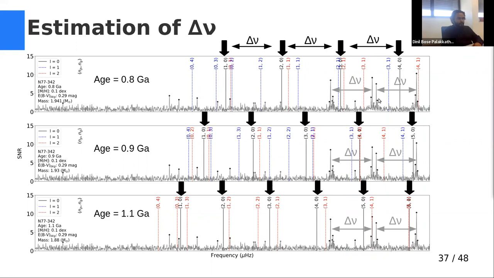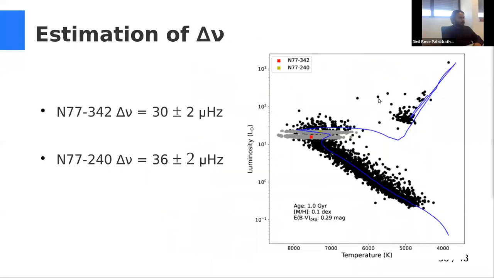Now we found a large frequency separation for two stars. One is N77-342, which has a large frequency separation of 30 microhertz, and N77-240, which has a large frequency separation of 36 microhertz. On the diagram on the right, again, I am showing the HR diagram. Here I have plotted the position of the stars along with the luminosity temperature error. So you can see two stars. Now the aim is to find an isochrone which fits the large frequency separation of both stars. So in order to do that,